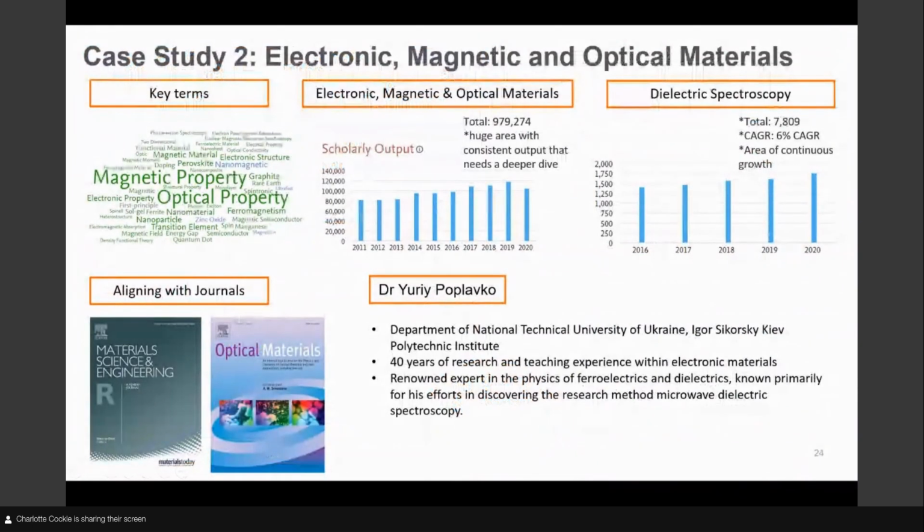Our second case study takes a deep dive into electronic, magnetic, and optical materials. Similar to the first case study, you can see how we use various data points to analyze what the market need is in this space. The area overall, as shown by the graph in the middle here, is huge, with consistent output year on year. The key terms analysis on the left shows several fast-growing areas, and a term that repeatedly comes up in our